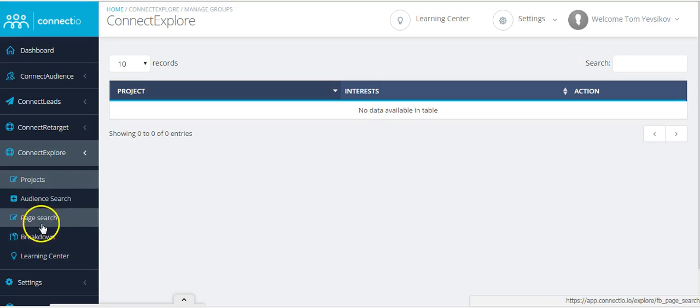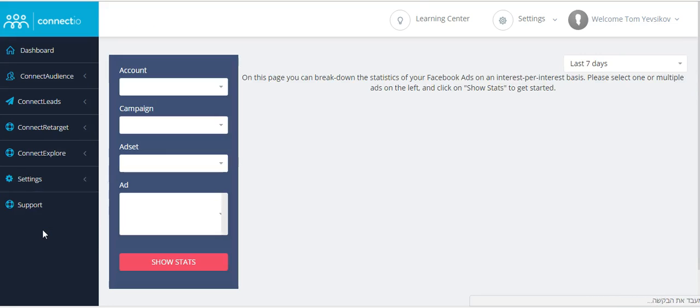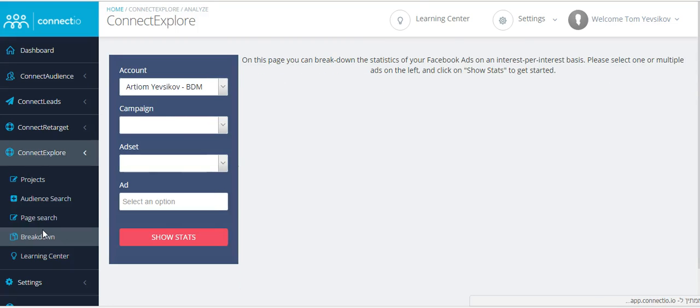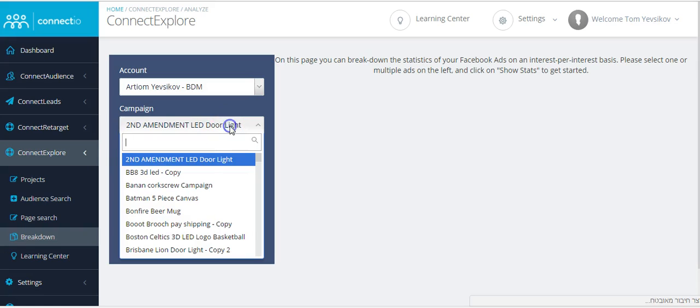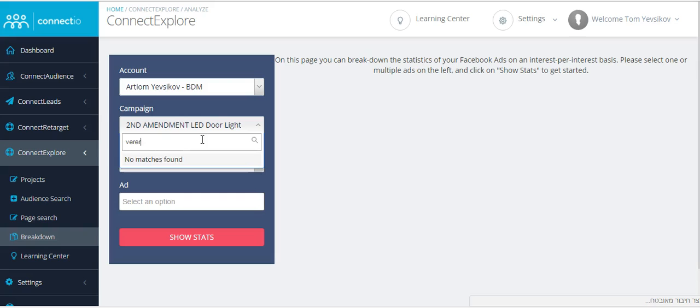Let's start from the breakdown, which is, in my opinion, the super sexy feature, right? So this is connected to my Facebook ads account, okay, already, to one of my ads accounts. So we here have a campaign, which we want to go for. Let's go for veteran,